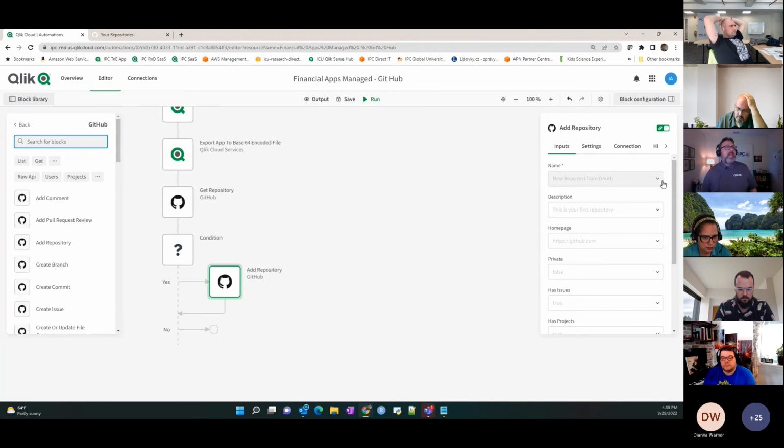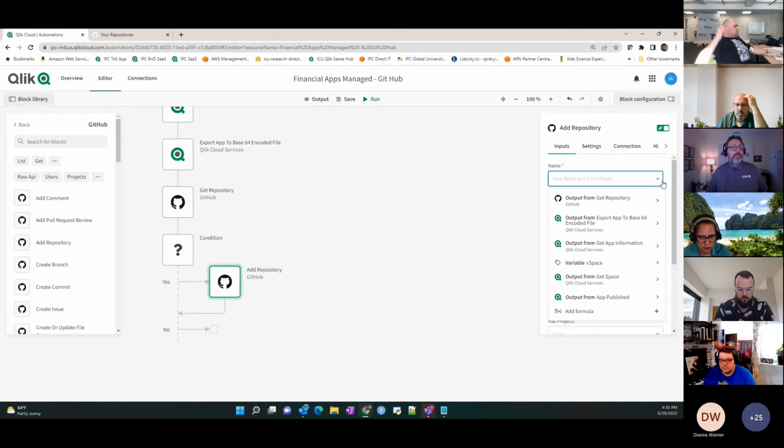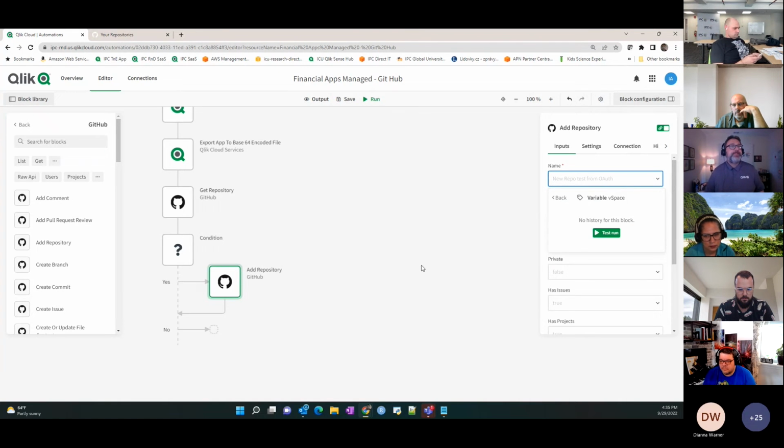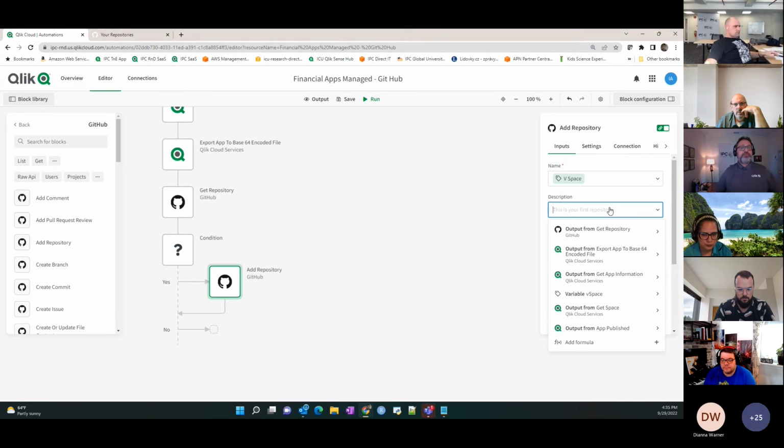Now, what is the name of the repository I want to add? Well, it's whatever it is in the variable v space. Click the variable, there we go. You want to add a description? Let's add